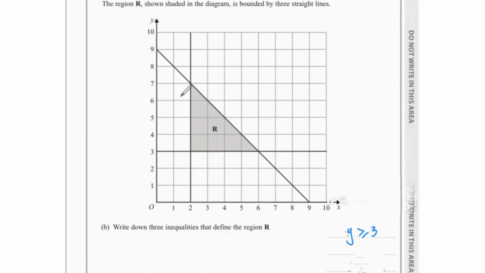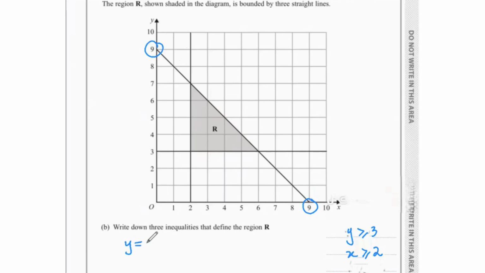Then we have a line passing through x equals 2. The region shaded is greater than that. So that's x greater than or equal to 2. And then for the other one, the y-intercept is 9 and the x-intercept is also 9. So that means